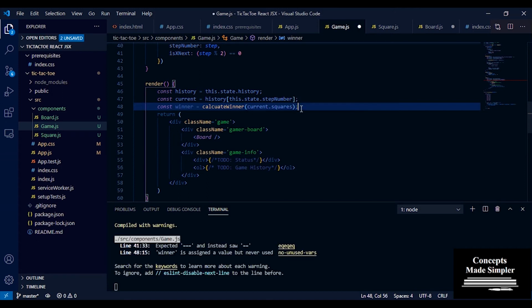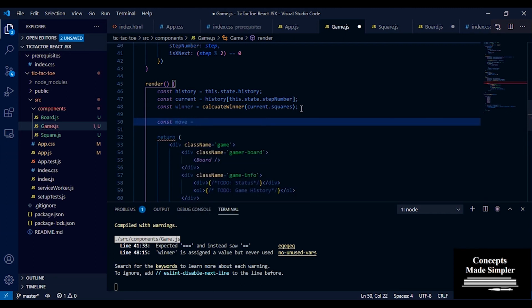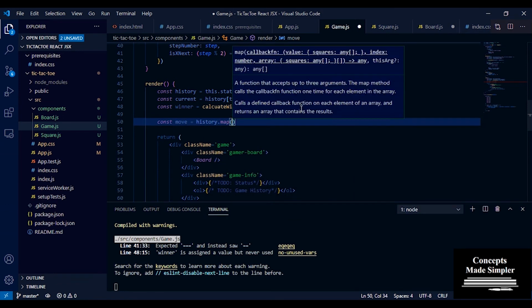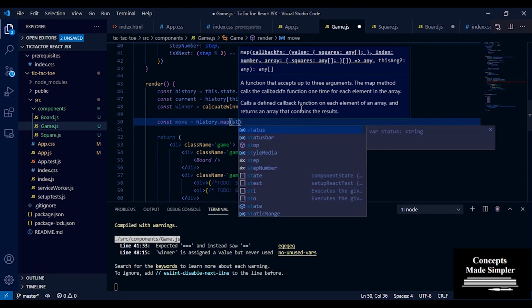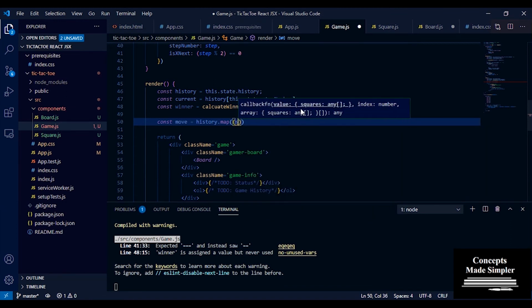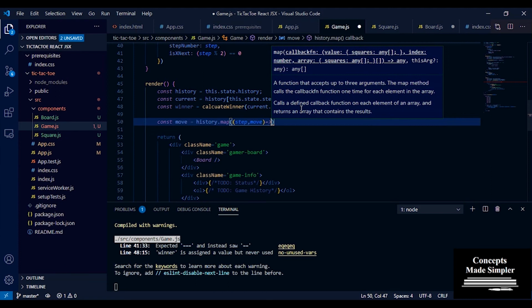Now we want to render a dynamic list which will contain all the moves that we had done up to that particular point. Correct. So we're going to create a variable const moves. Now we're going to map over history. history.map is a function that at each step takes in one element from the history array. So we're going to call it step, and the index position we're going to call move.